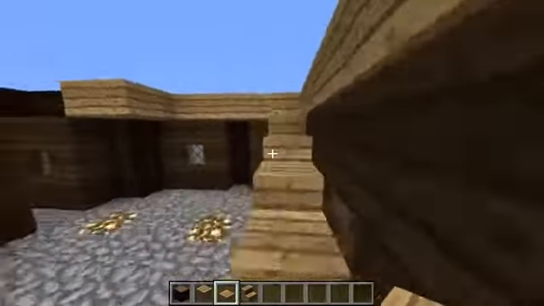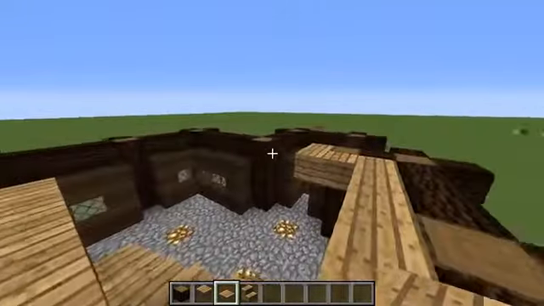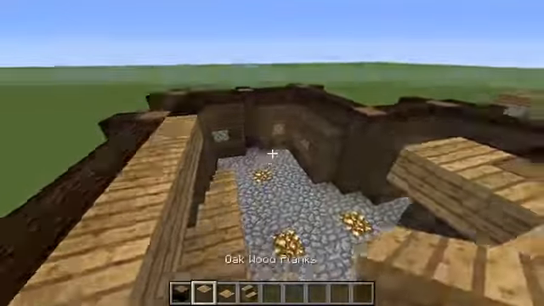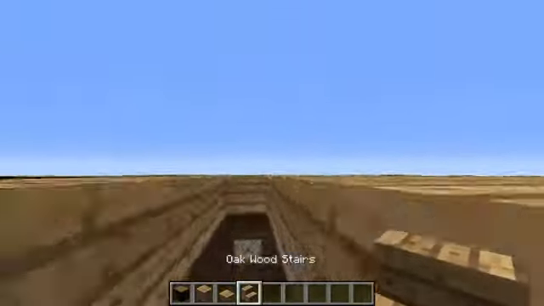And so that's how we're going to get up to the second floor. What I'm going to do is fill in the rest of the floor, and then we'll come back and take a look at finishing off our stairway structure. Now with the second floor flooring in, what we're going to do is take some oak wood stairs, put